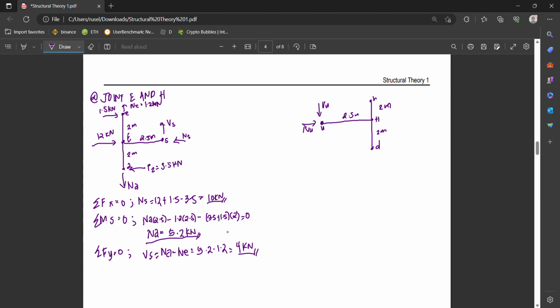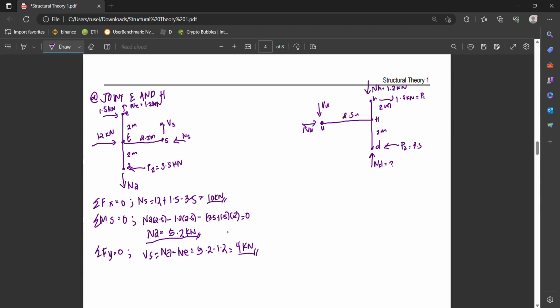So you have your 1.5 kilonewton na P1. Then your NH na 1.2 kilonewton. Then your ND na pataas, ND that is equal to unknown. Your P2